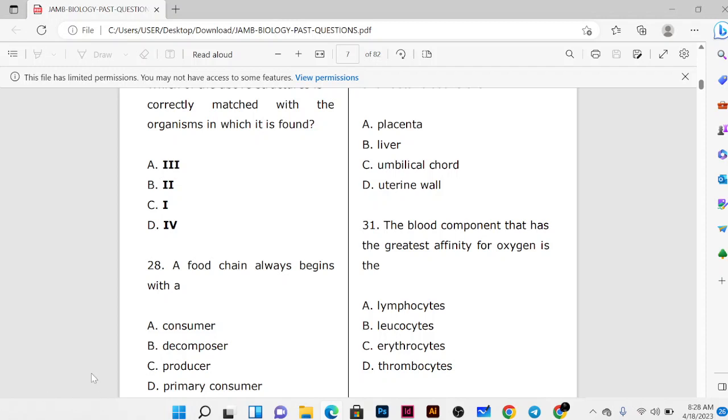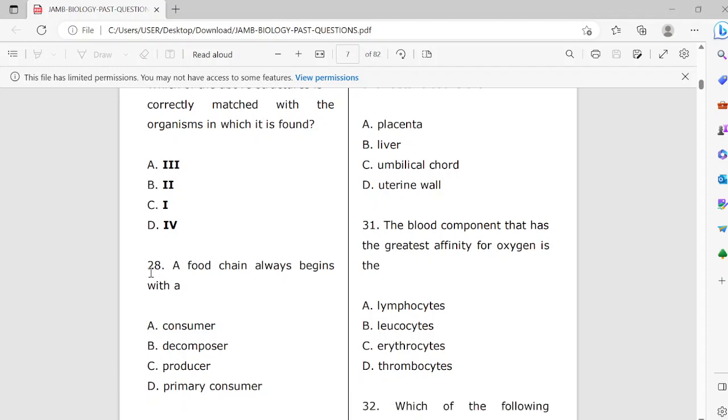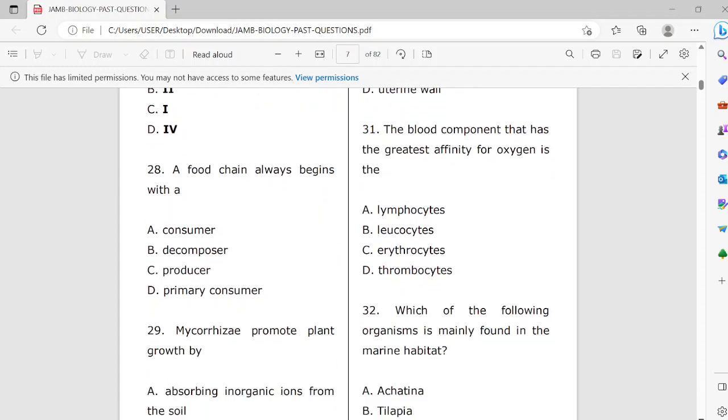We'll be talking about question number 28. That's the topic, the question we'll be taking today. And the question says, a food chain always begins with